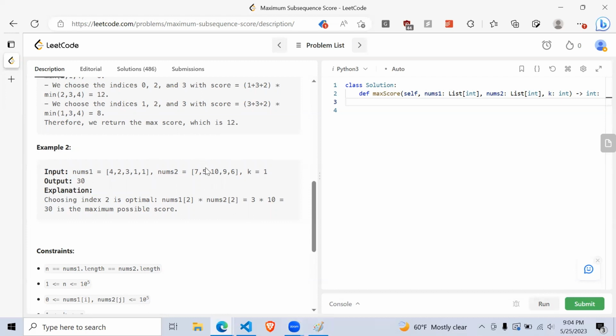So how do we know which numbers are going to be greater than 5? Well, let's think about sorting. If we sort this in reverse order, then anything that's greater than 5 will be to the left of it. So all we have to do is sort in reverse order and iterate